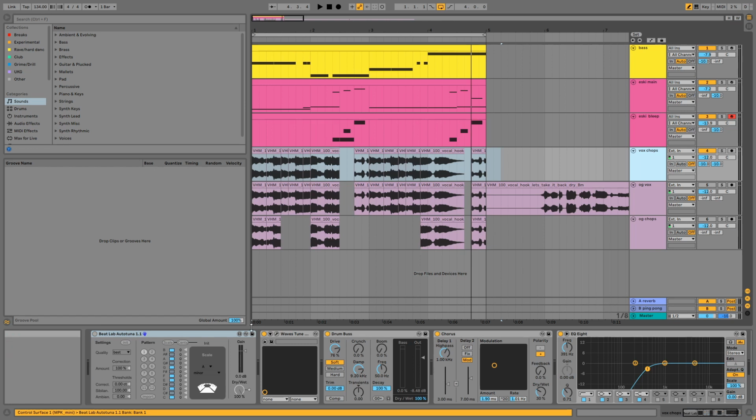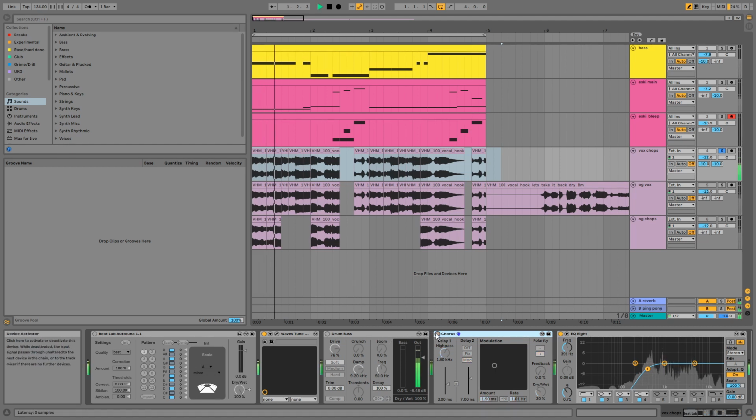On the rest of the chain for the vocal chops, we have drum bus for character and chorus. If I turn these off, you can hear how clean the vocal sounds. The chorus detunes, so in my opinion, helps the vocal sound more natural and removes some of the auto-tuned quality. I think the original samples are already auto-tuned, so these will always sound quite auto-tuned, even with the chorus, because they've essentially been auto-tuned twice.